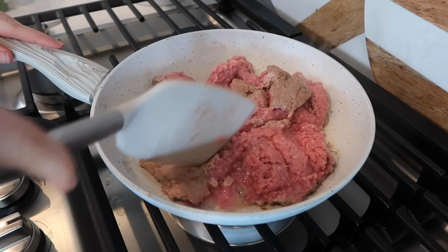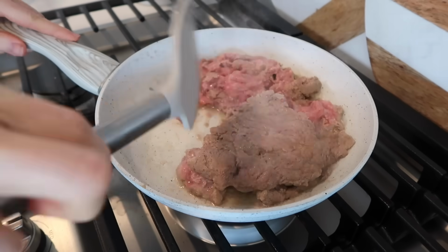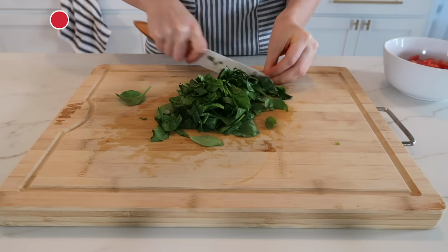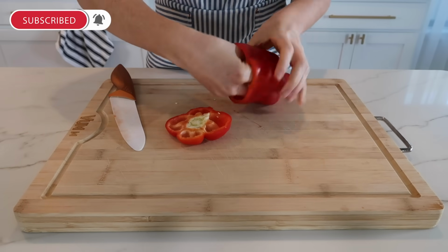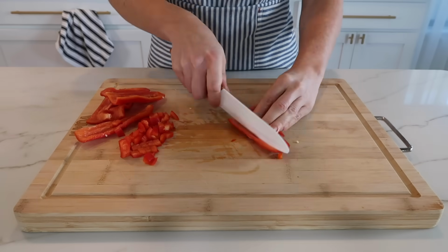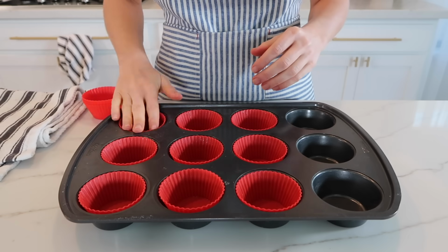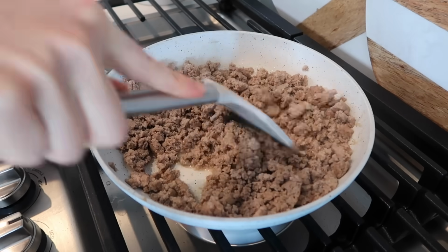And I'm gonna be using 80% lean turkey. Now, if you're using 90% lean, feel free to add in 1 tablespoon of either coconut oil or avocado oil. And while that's cooking, I'm gonna chop up 1 handful of fresh baby spinach, as well as 1 red bell pepper. And you're actually only gonna need about half of this bell pepper. And then go ahead and grease a muffin pan with oil, or you can line them with these silicone liners like I'm doing. And going back to the ground turkey, once it's almost done, go ahead and add in the